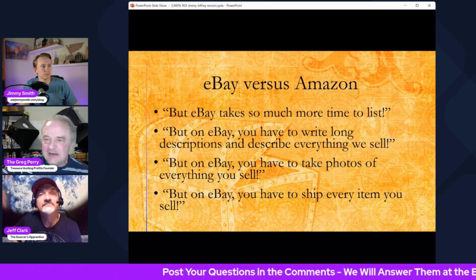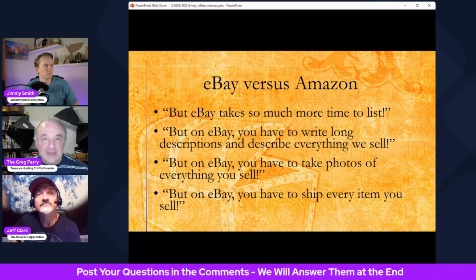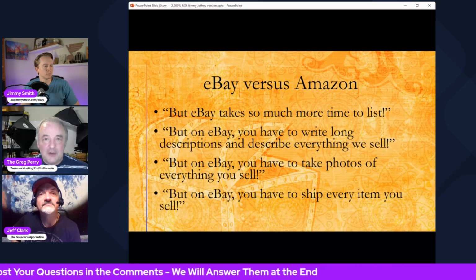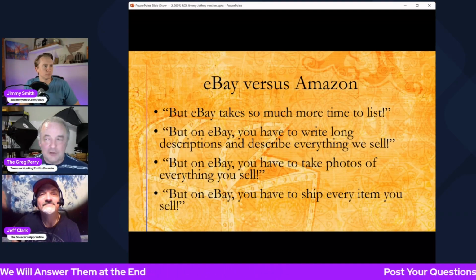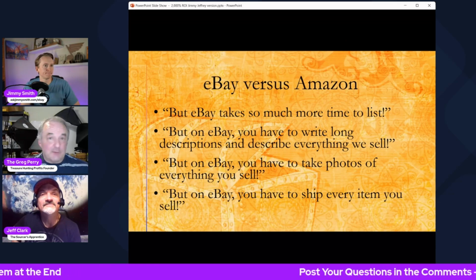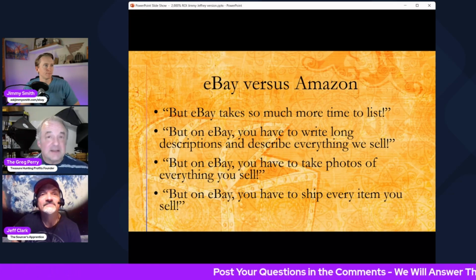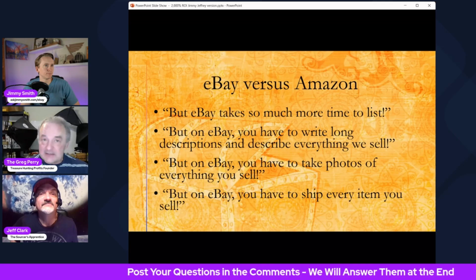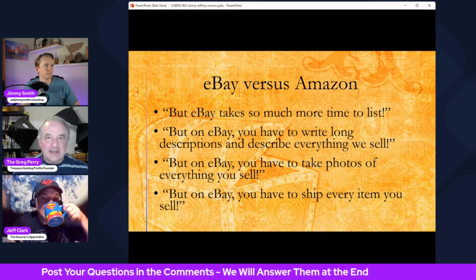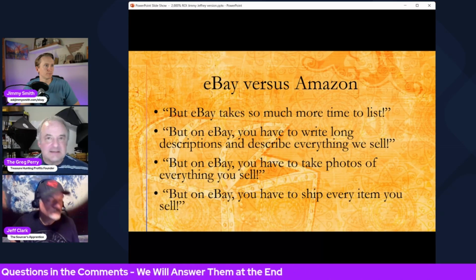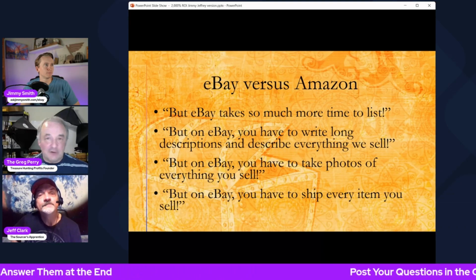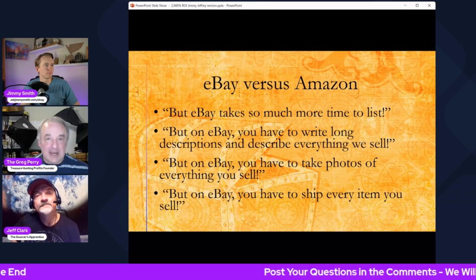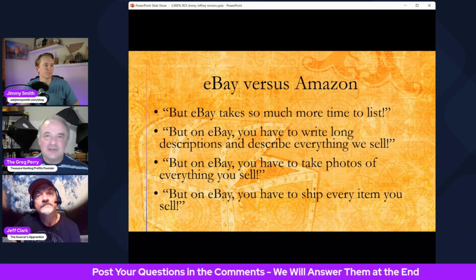But on eBay, you have to take photos of everything. Yeah, you do. That is if you want your listings to work for you, to sell while you sleep. If you want your listings to work hard for you, you take photos. Every time someone creates an eBay listing that's successful, there are usually lots of photos because buyers online can't reach out and touch your item. They need to see angles. They need to see everything about your item. We stress that photos probably are the time crunch of each listing. They're a necessary evil, but we show you how to do it easily.